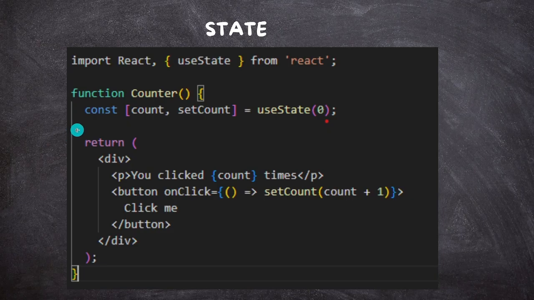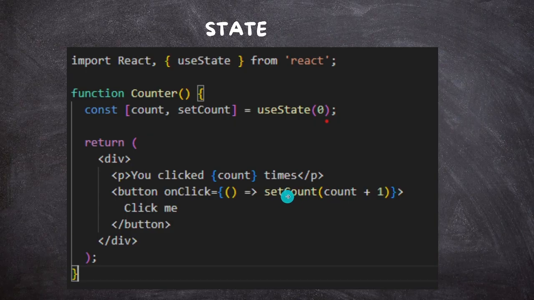So in this code here, the counter component is initializing the count state variable with an initial value of 0 via the useState hook. And what this component is essentially doing is displaying the number of times the user clicked the button. So once the user clicks on the button, the on-click event triggers the updation of the count variable